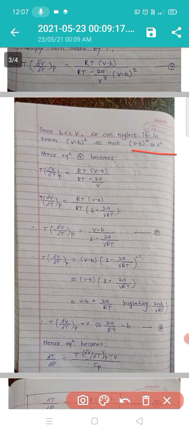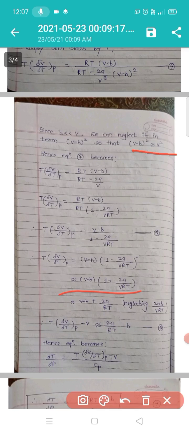Then T into ∂V/∂T at P is equal to (V − b), RT gets cancelled in numerator and denominator, and we get the equation (V − b) upon (1 − 2a upon VRT). Then T into ∂V/∂T at P is equal to (V − b) into (1 − 2a upon VRT) inverse. For simplicity we get (V − b) into (1 + 2a